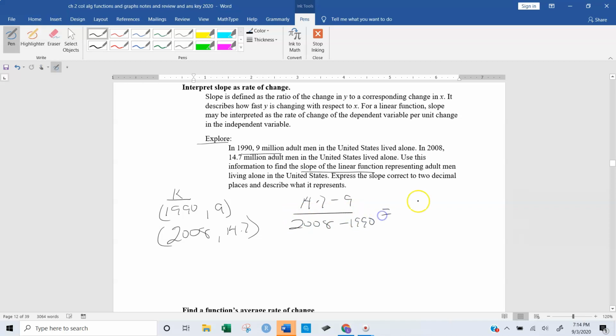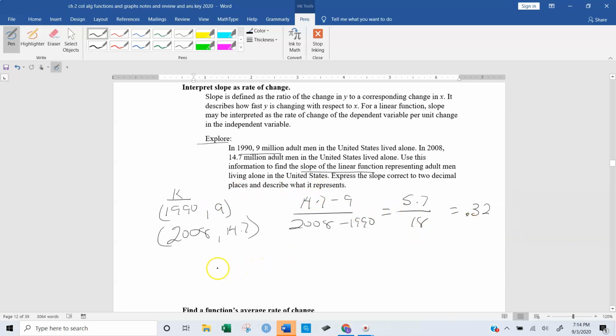Okay, get out your calculators. Make sure you get this right. So I've got 5.7, if I did my work right, over 18, and that's equal to 0.32. What does this mean? All right, so now we have to figure that out. This means, since this is positive, every year